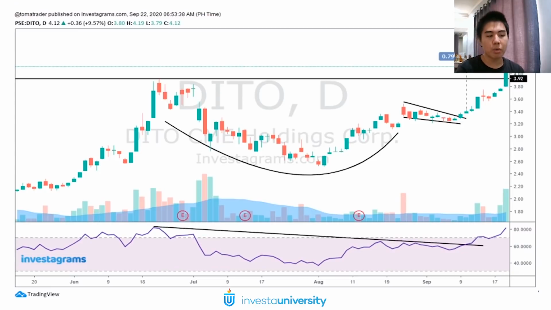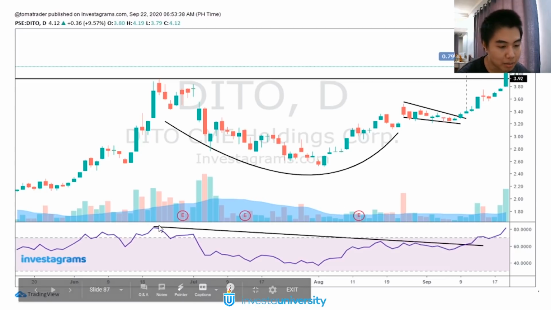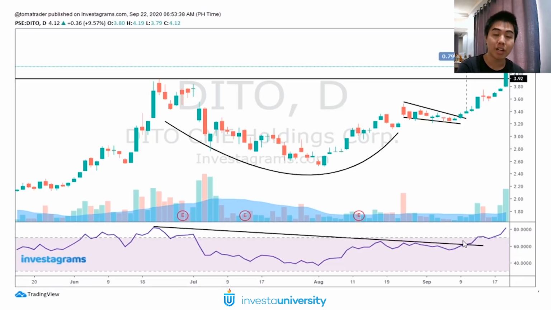So what's another way we can use RSI? We can also actually use it as additional breakout metrics. So if sa price, pwede tayo maglagay ng downtrend line, pwede rin actually sa RSI. So dito, sa RSI, di ba, may downtrend line. Tapos sa breakout, that can also be additional signals for you or additional levels of conviction to buy the breakout